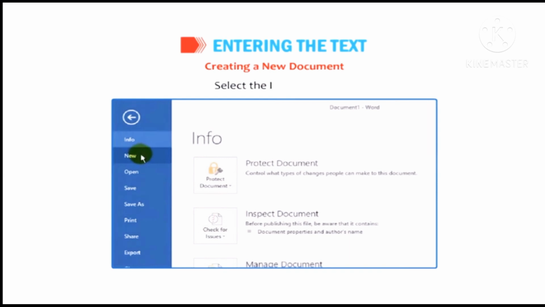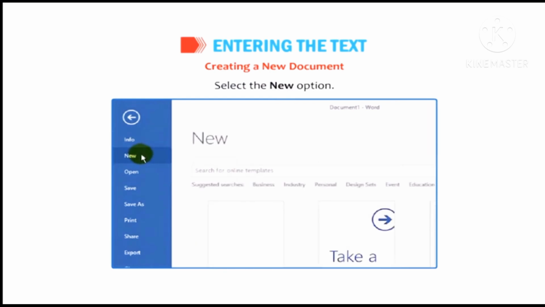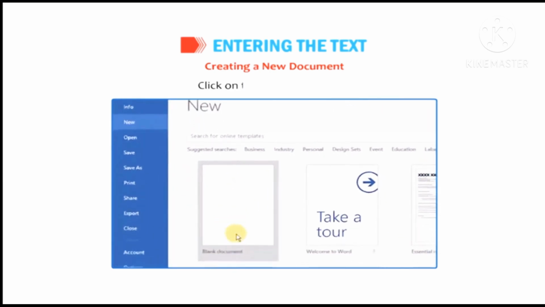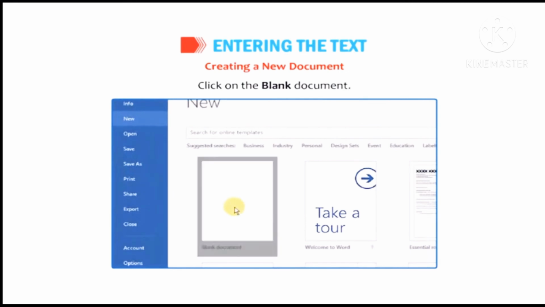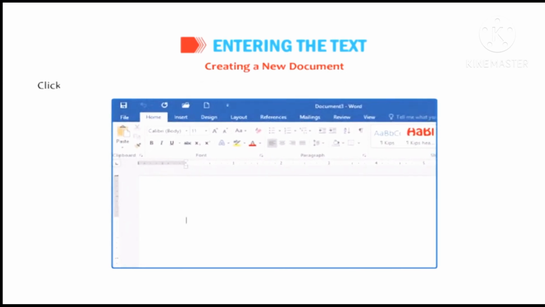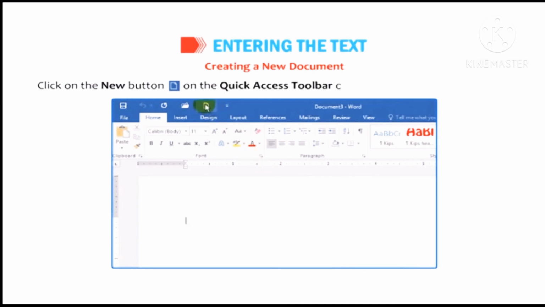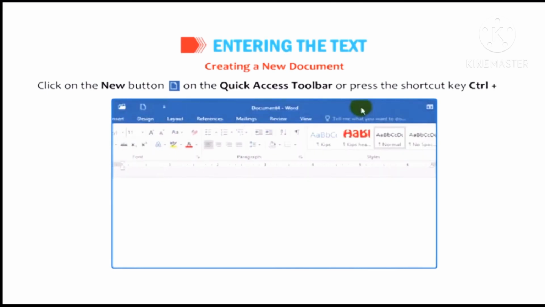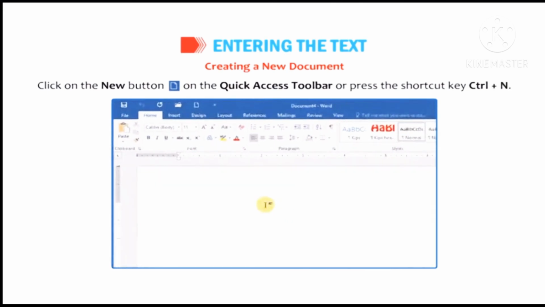Second, select the New option. And third, click on Blank document. Or click on the New button on the Quick Access toolbar, or press the shortcut key Ctrl plus N.